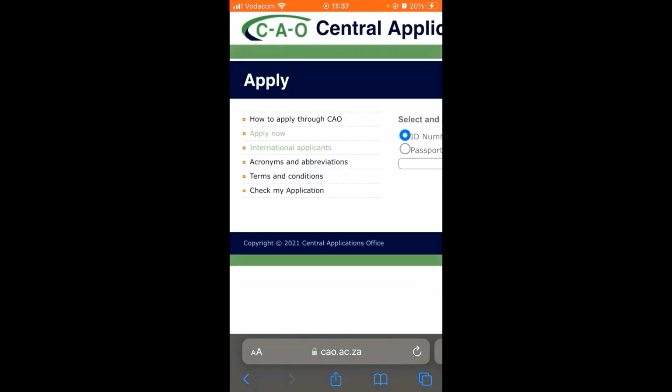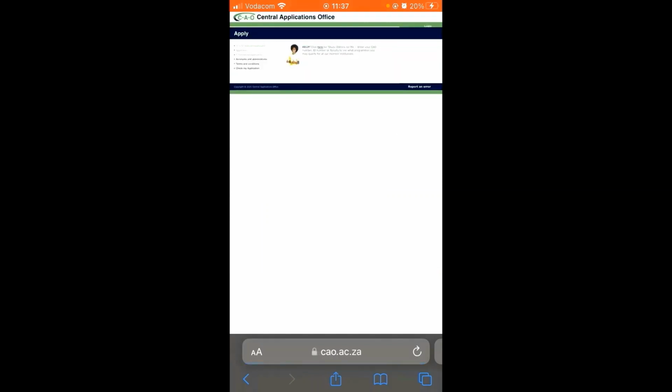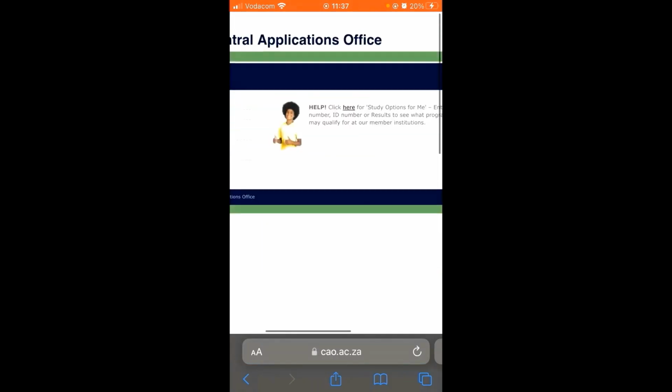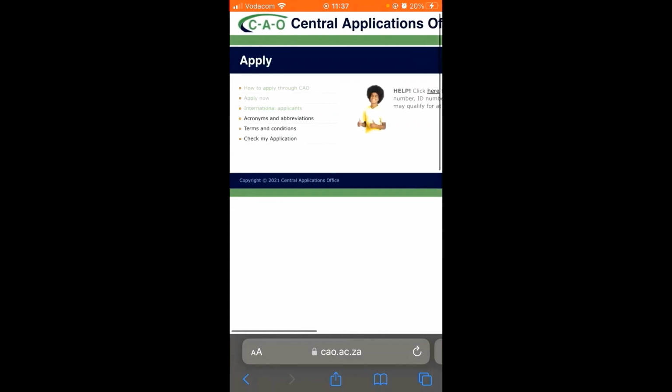So here, as you can see, these are how to apply to CAO. You can read through this, but I'm going to teach you how to apply, right? So you don't need to read through that. What you just need to do is apply now. You can use the other things when you are done with the application. So let's click apply